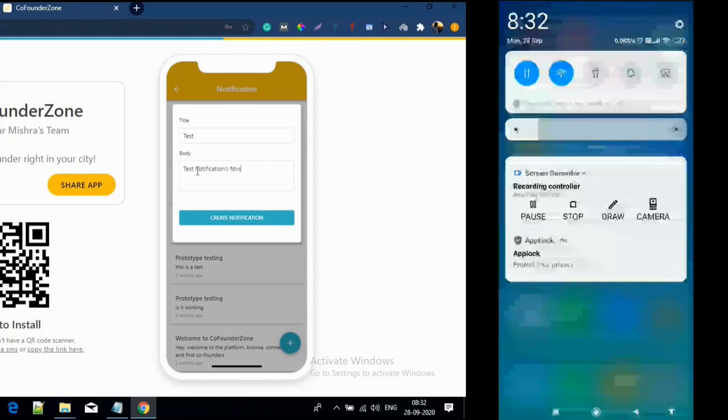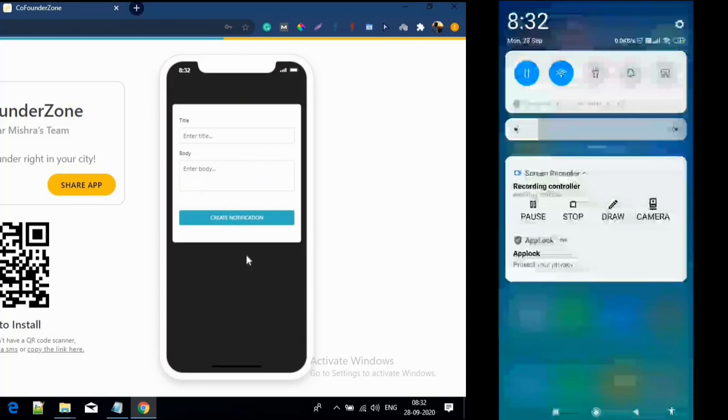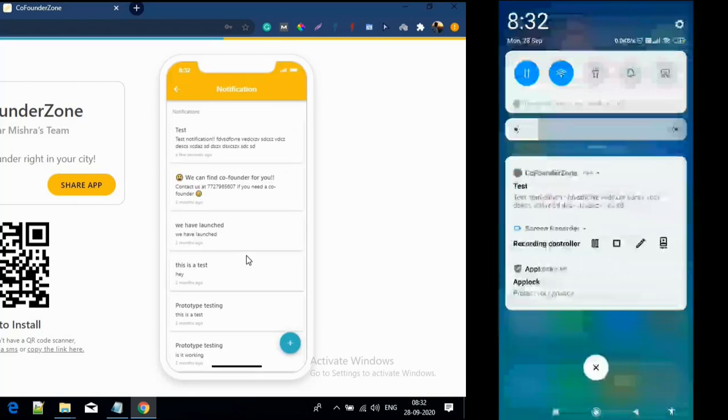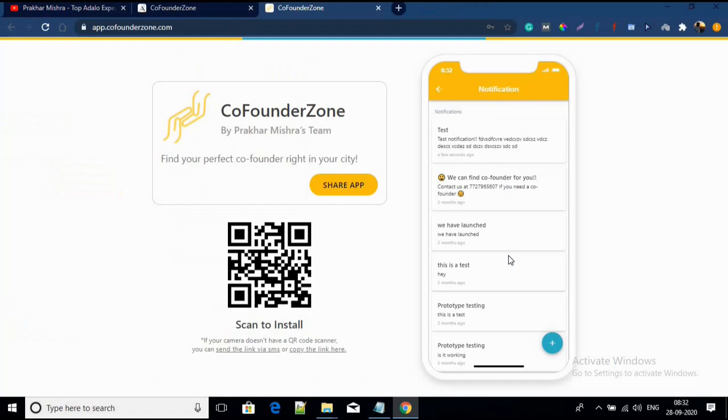I'll put some random words so that it looks big, so that we can see how the push notification looks on mobile. Now I will click on create notification. Now the notification has been created and you can see the notification has also arrived on my mobile. This is how you can trigger your notification.